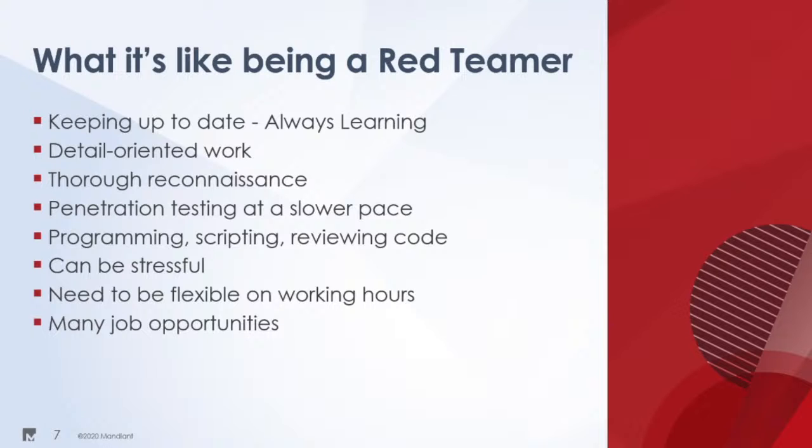Maybe there's a software dev that has his own personal GitHub account, and they have accidentally pushed some secret keys to their personal GitHub account that goes to their company assets. If you do thorough reconnaissance, you'll be able to piece together things that you wouldn't normally have seen otherwise. So it's extremely important. Penetration testing at a slower pace really helps describe what a red team is, because you are going slower, low and tactical, and you are thinking, you are reviewing, you are planning out the next step.